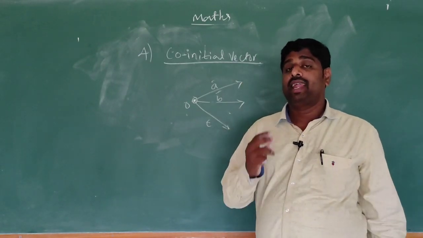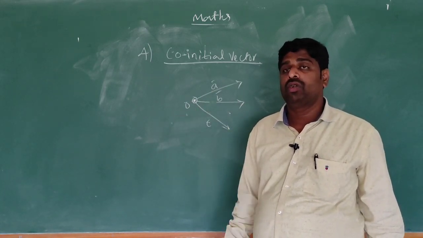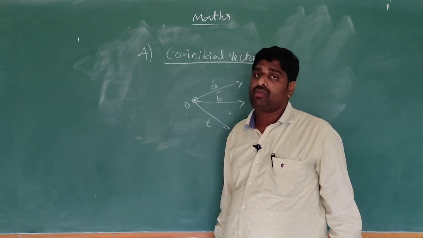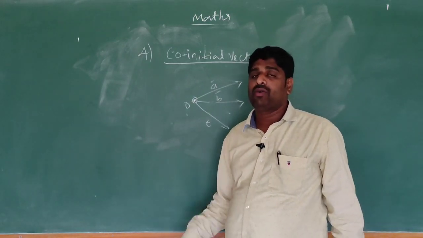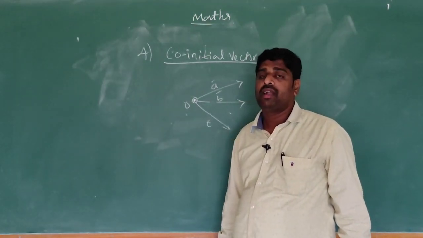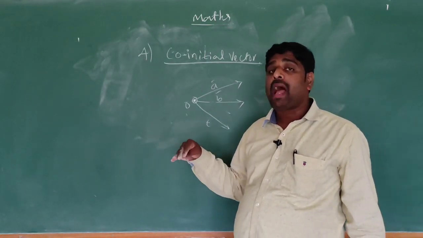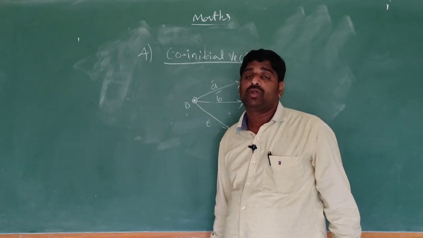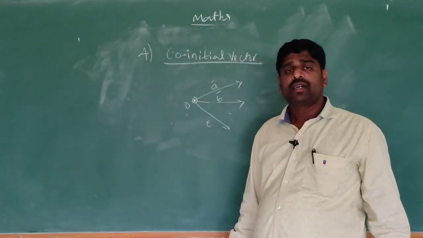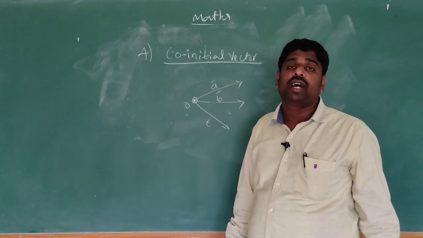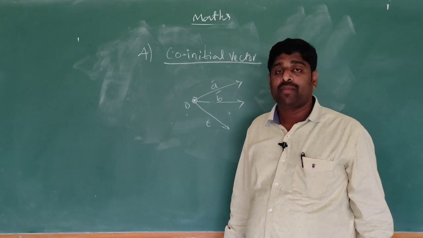There they will raise three kinds of questions. Find the unit vector of the vector means A cap is equal to A bar divided by magnitude of A bar. Find the unit vector in the direction of the vector means the same formula: A cap is equal to A bar divided by magnitude of A bar. Find the unit vector parallel to the vector means A cap is equal to plus or minus A bar divided by magnitude of A bar. Suppose they give some vector and we have to show that the vector is a unit vector. That means we have to show that magnitude of A bar is 1.